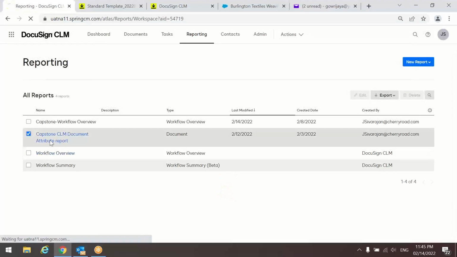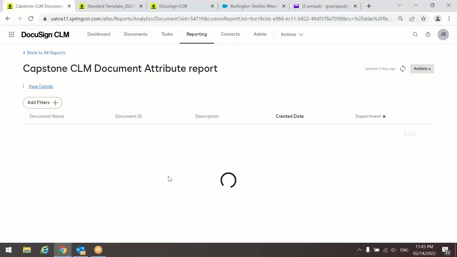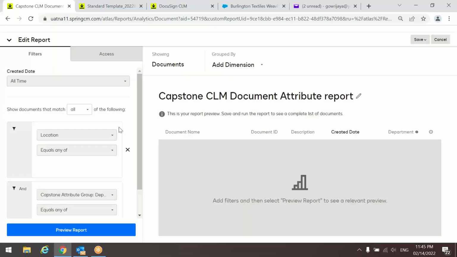I am clicking on Capstone CLM, DocuSign attribute report. So this is one other report that I have created. So here you can see again the actions. You have options to export, edit, create a copy, and delete. Under edit, if I go,